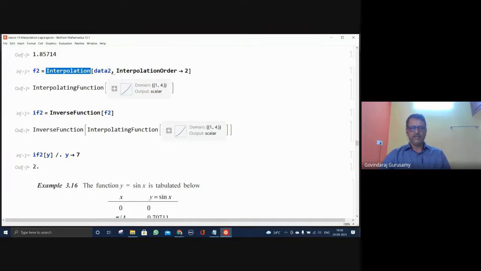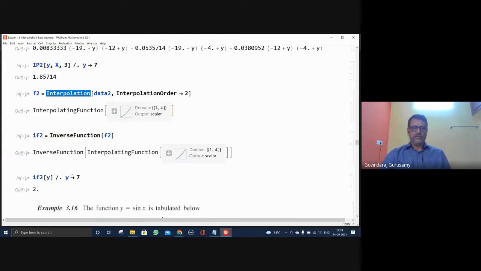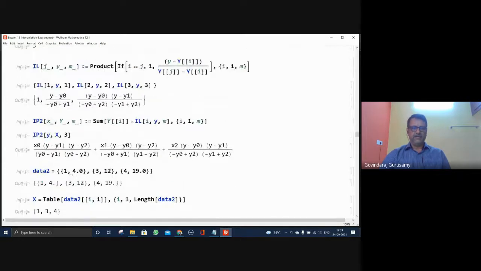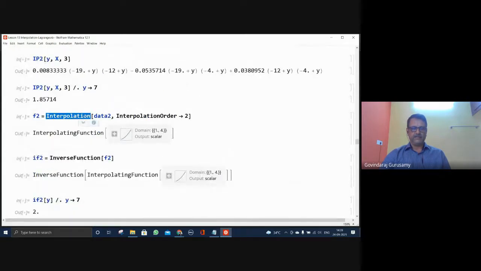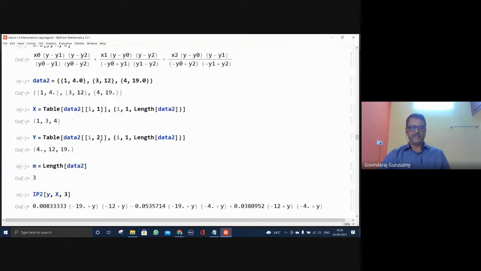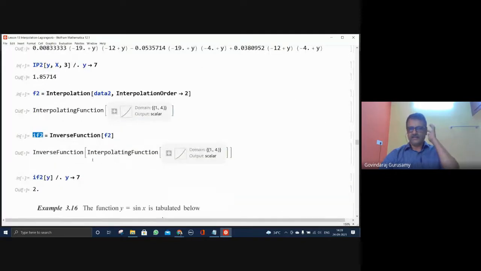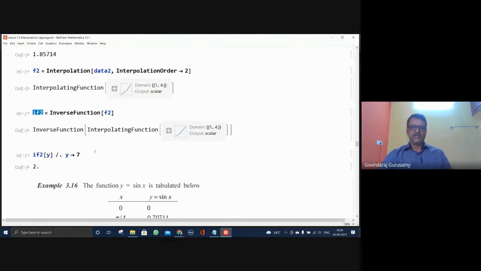There are various methods available. It has selected the appropriate method for the data, and therefore it gives the number 2.0, because in the interpolation we have not given the method. It selects depending on the data and gives the result 2.0. That's an exact result when you do it with Mathematica. So for interpolation, find the interpolation first, take the inverse of that function, and use it to find the inverse value. As I was looking for how to do this, after explaining it to you people yesterday, I found there is a method available. Just take the inverse and then get the result.